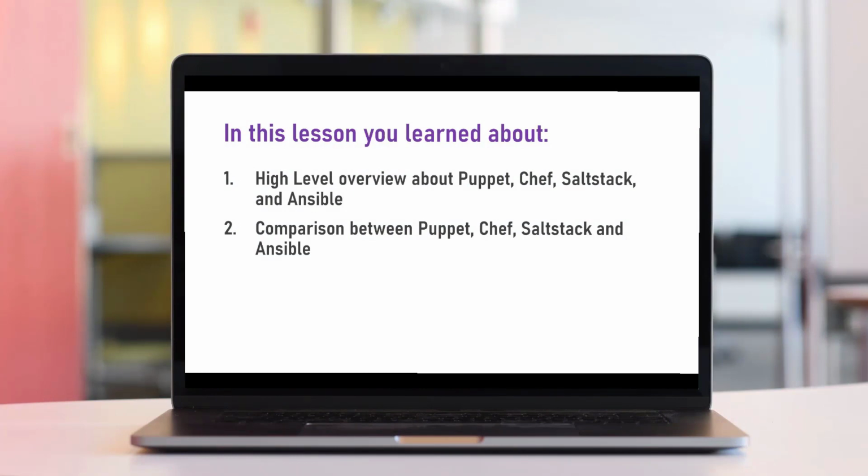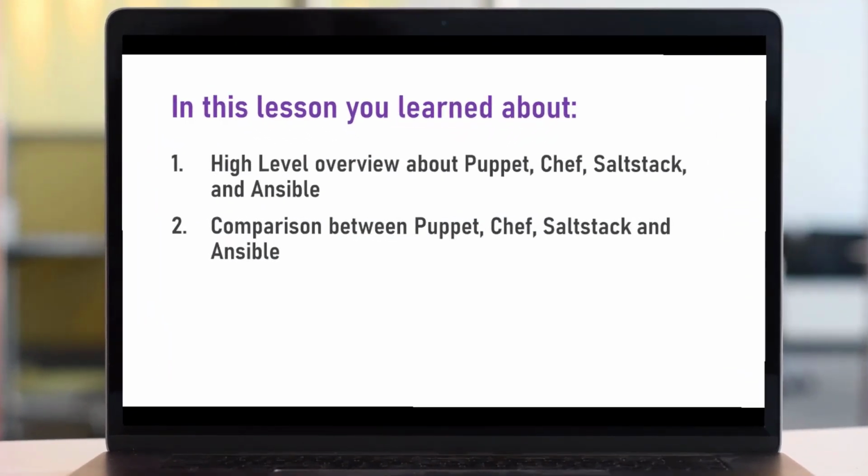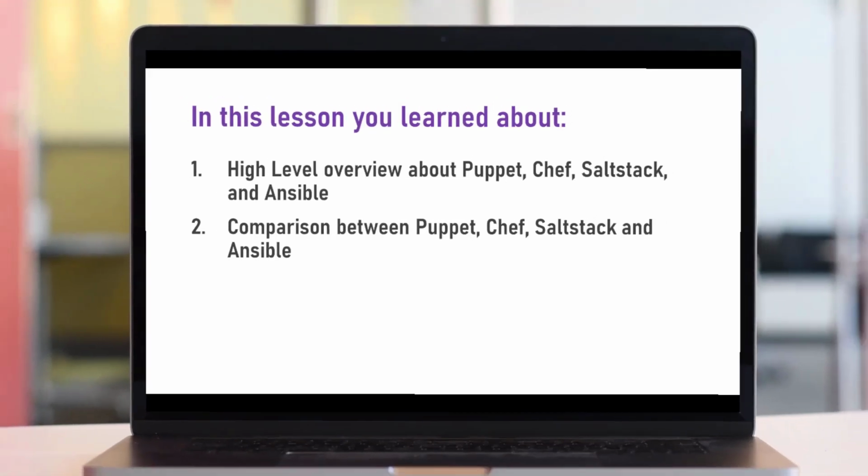In this lesson, you learned about which orchestration tools are considered as agent-based tools and which are agentless. Puppet, Chef, and SaltStack are considered as agent-based tools, while Ansible is an agentless orchestration tool. We also covered the use cases, the advantages and disadvantages of Puppet, Chef, SaltStack, and Ansible. We also included a comparison table to show the